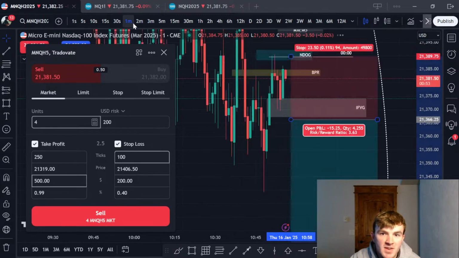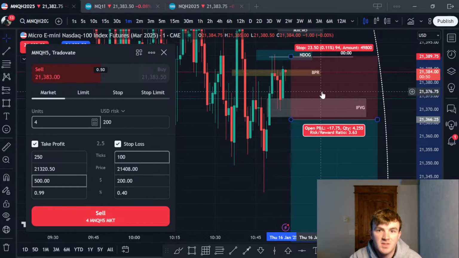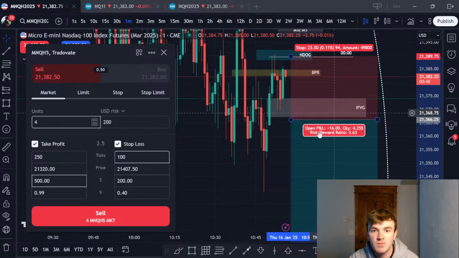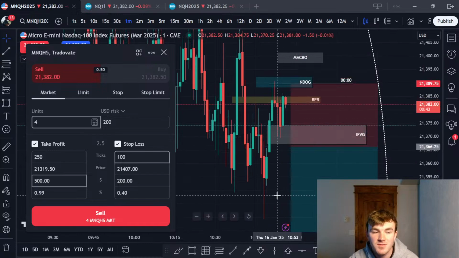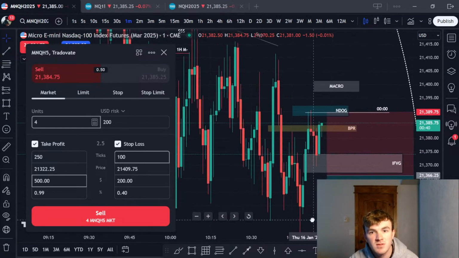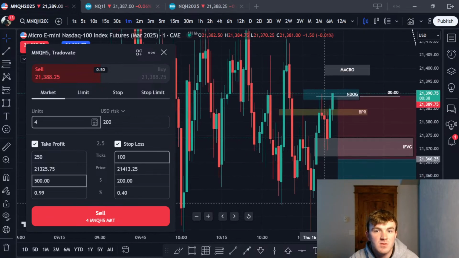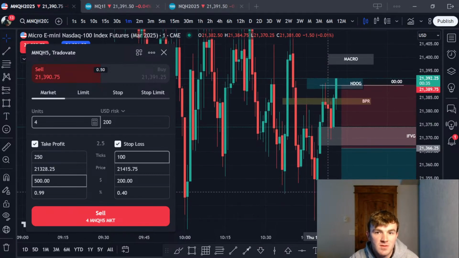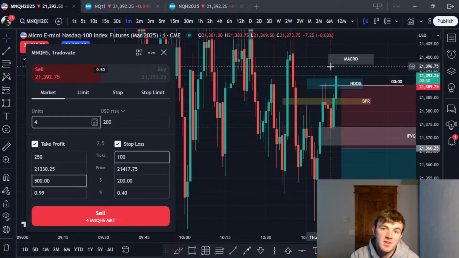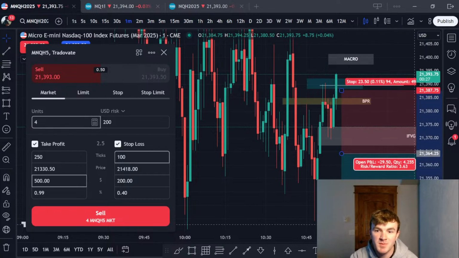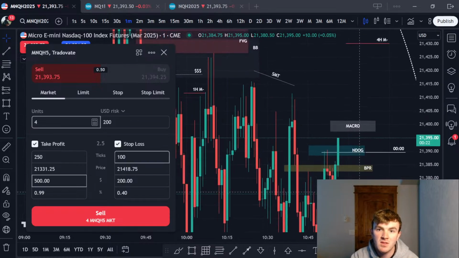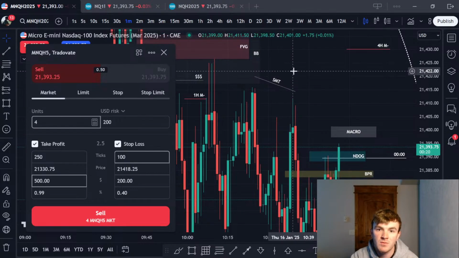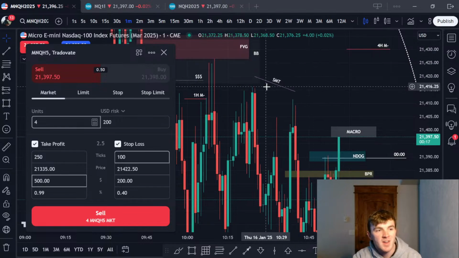Alright, the fair value gap seems to be holding, so whatever that means. Well, unless it's a fake out. It's the macro, so I guess we don't. I guess we'll maybe go with our original idea where we have a sweep of. But we have SMT here though.